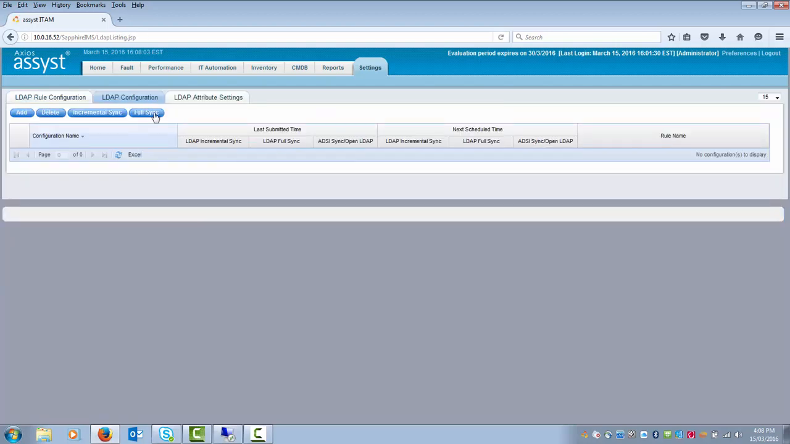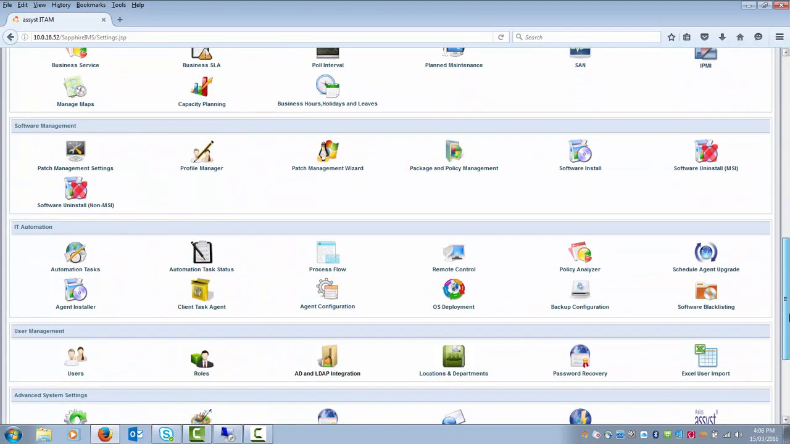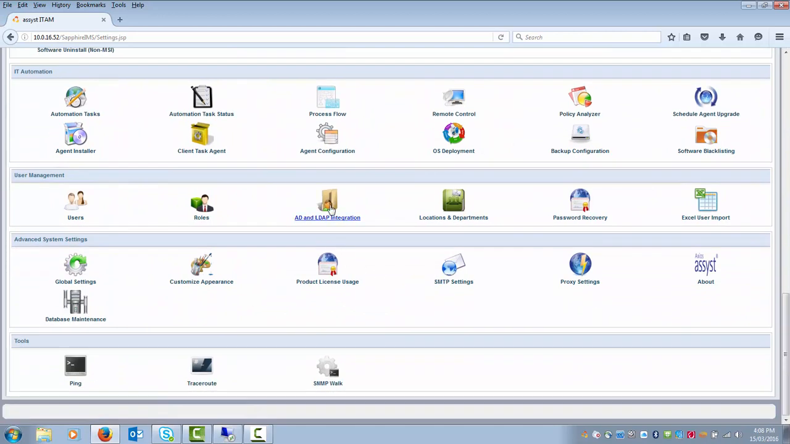You'll notice the last tab on here is LDAP attribute settings. It's totally irrelevant to what we need to do, therefore we don't have to go there or do anything about it. What I am going to do though is go back to settings. When I go back to settings, I'm going to go straight back down to where I was a moment ago. We've discussed AD and LDAP. I want to talk about roles. So when I click on roles,